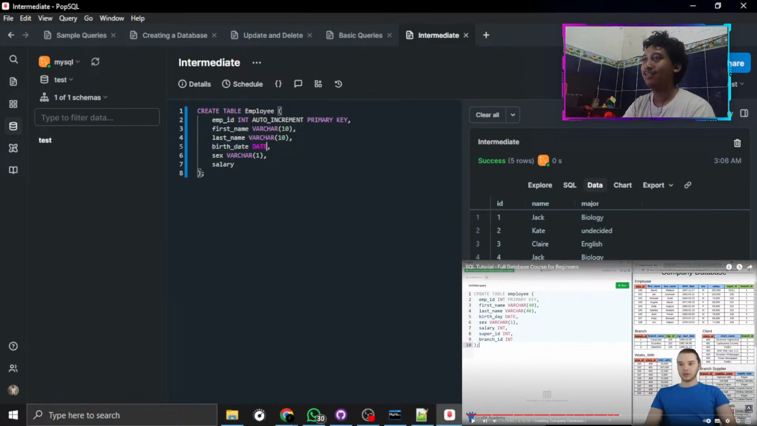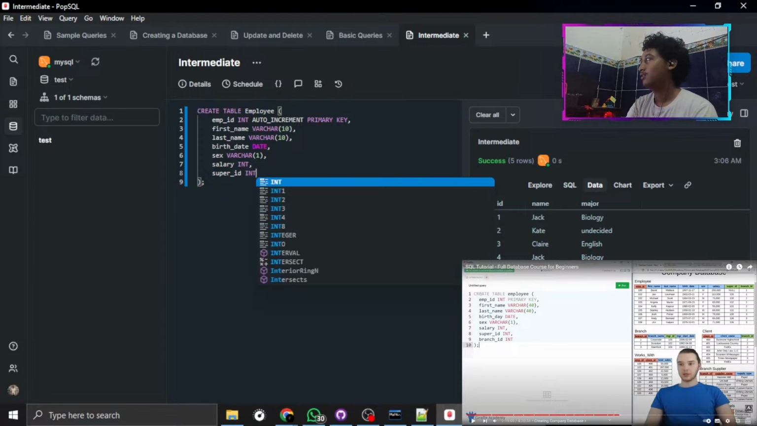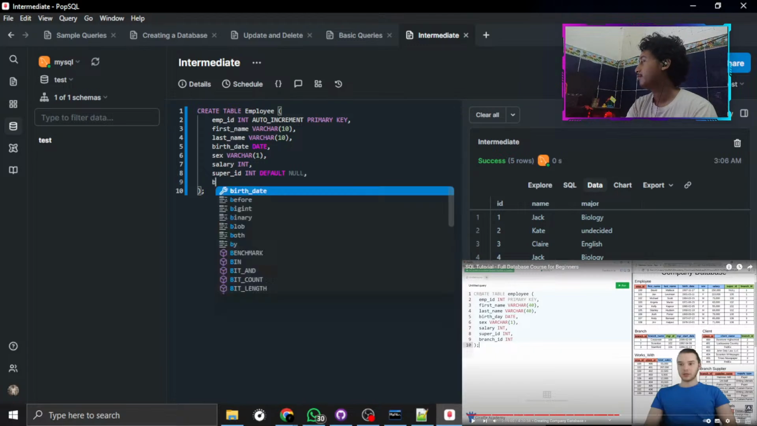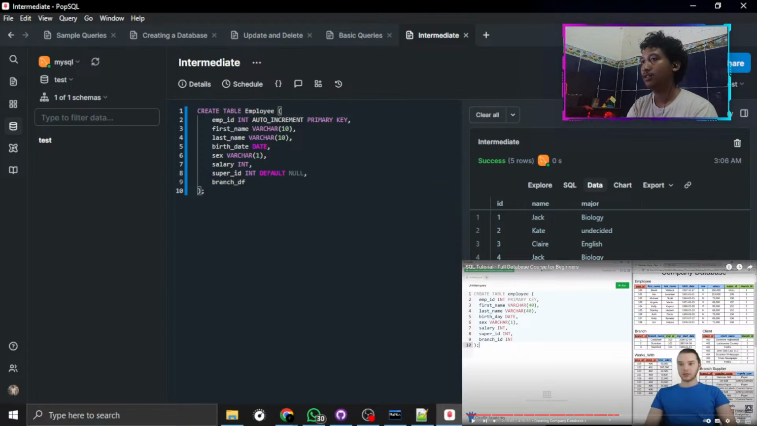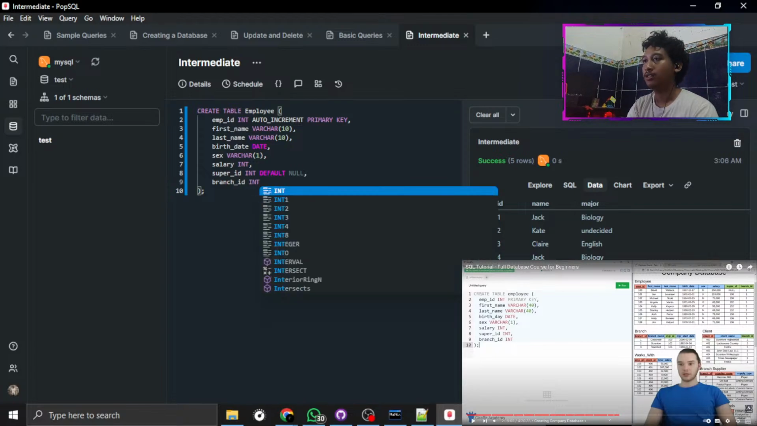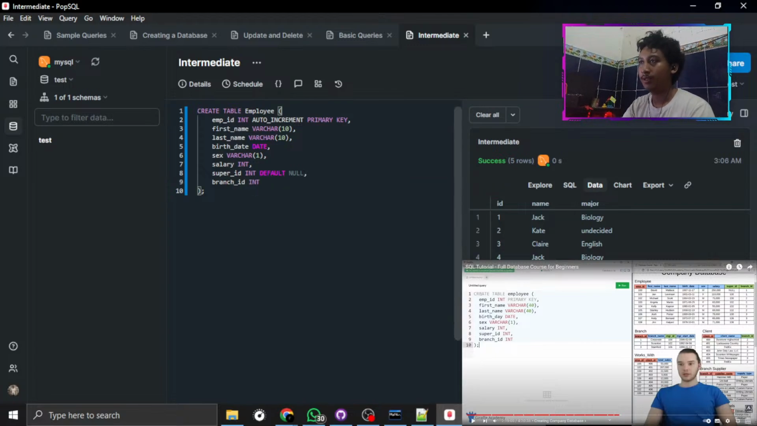What the fuck? Stop it. Salary is gonna be like is an integer, and then I don't know about that, dude. Super ID is integer. Is that got a fucking default of no, and then trans super ID is integer. Now this is the primary key. How the fuck do I